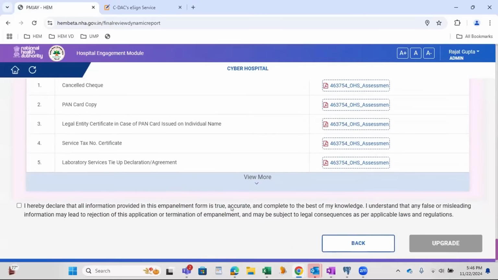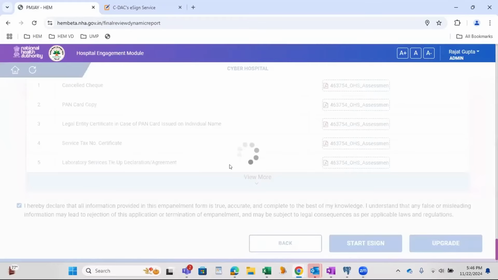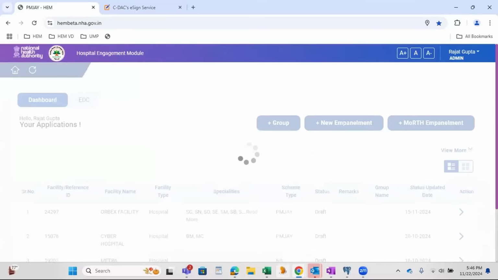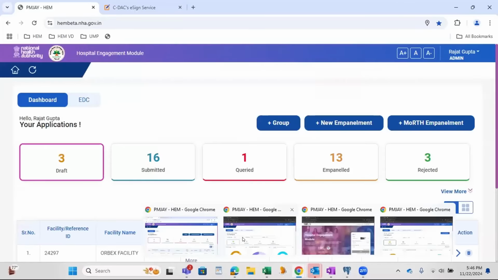This is a preview form. Click on this checkbox. Now you can see this is an upgrade. Automatically, the changes made on the financial page configuration are treated that way. If changes are made to financial information, this will go for the upgrade and approval process. Upgrade request submitted successfully. I'll navigate to a DEC user